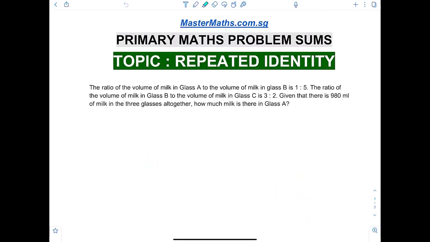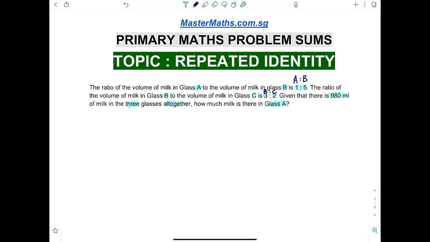The ratio of the volume of milk in glass A to the volume of milk in glass B is 1:5. The ratio of volume of milk in glass B to the volume of milk in glass C is 3:2. So right off the bat, you can see there is a repeated identity. The repeated identity is the milk in glass B. Now, given that there is 980 ml of milk in these 3 glasses altogether, how much milk is there